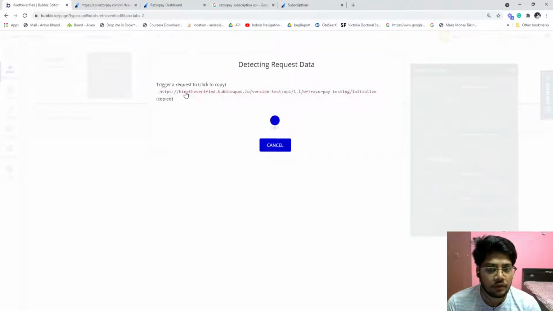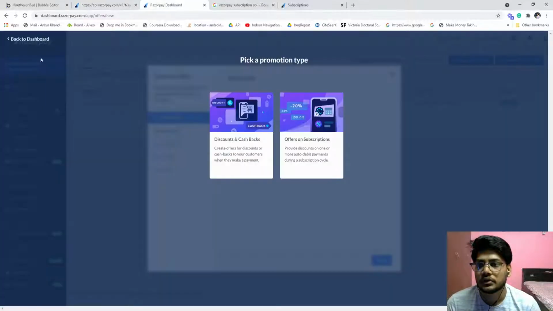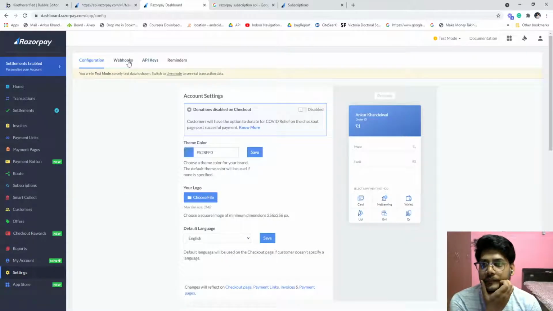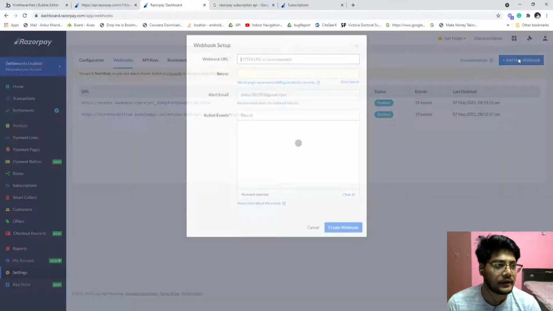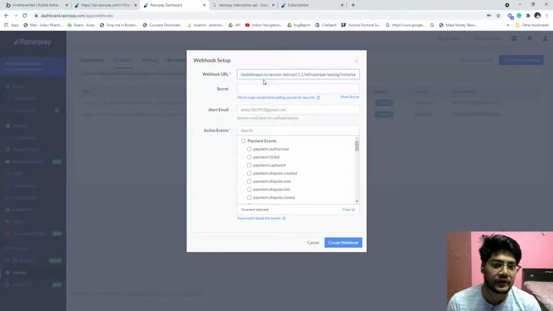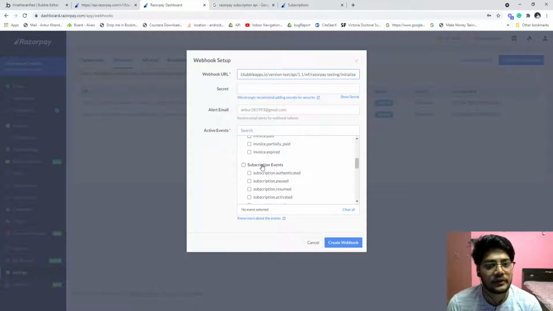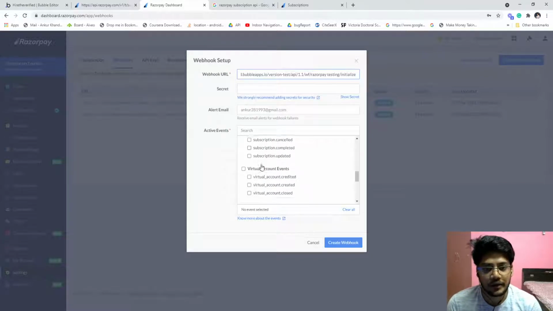So copy this URL, go to the Razorpay dashboard, go to settings, webhook, add the webhook and pass the data. Nothing else, you have to select your event. And yeah, one more thing. So now you are thinking, okay, it will be like something.